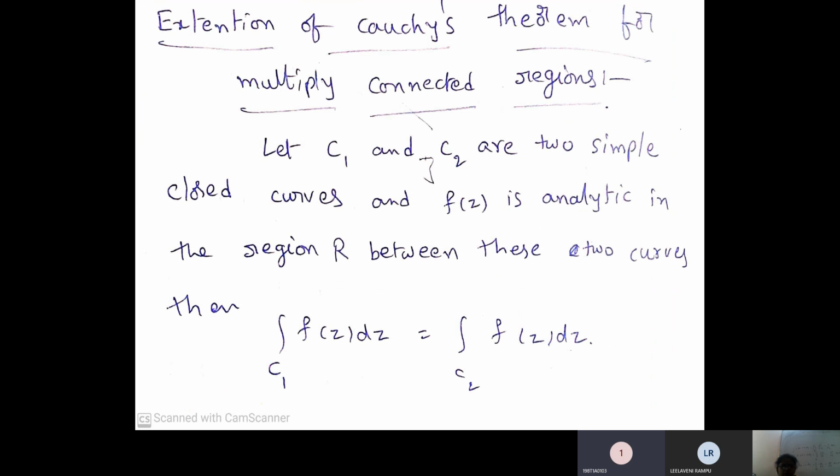Extension of Cauchy's theorem for multiply connected regions. So there are more than two regions, then how can Cauchy's theorem apply? So let C1 and C2 be two simple closed curves, and f(z) is analytic in the region between these two curves. Then